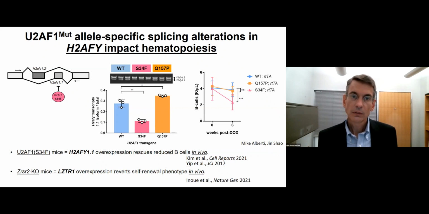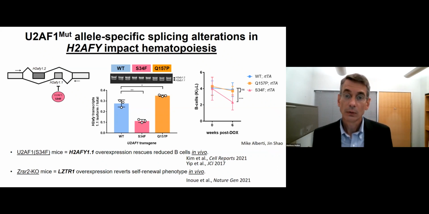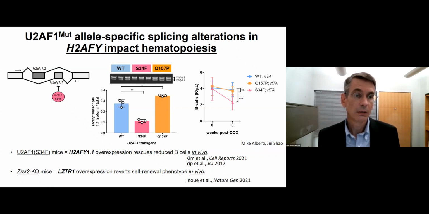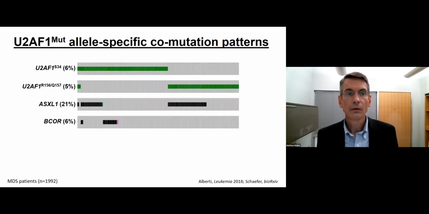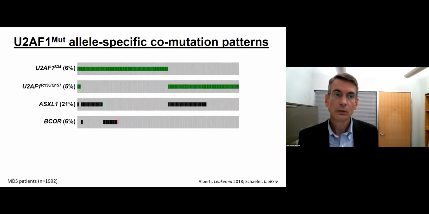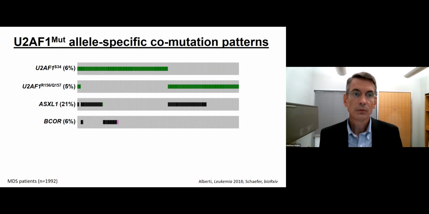But these differences in isoform expression really highlight that this could be part of the underlying reason the phenotypes are different with some of these mutations. The other thing that could drive this is the co-mutation status, because remember, in patients, these are not occurring in isolation. And so to address this, we looked at the distribution of other mutations with U2AF1 mutations, and we observed